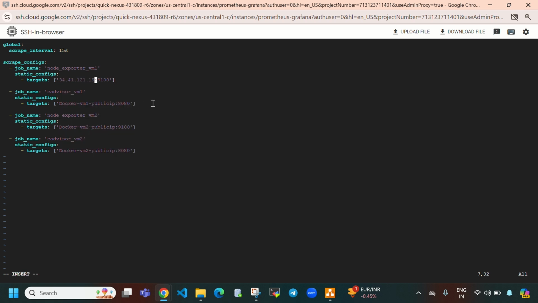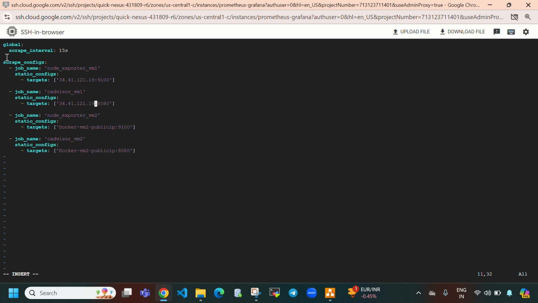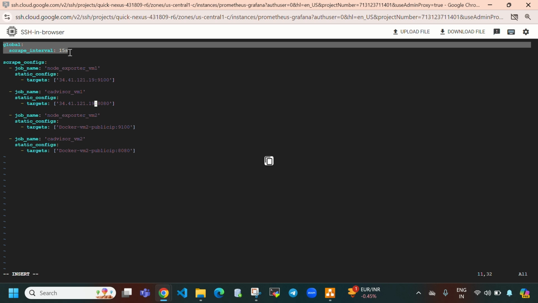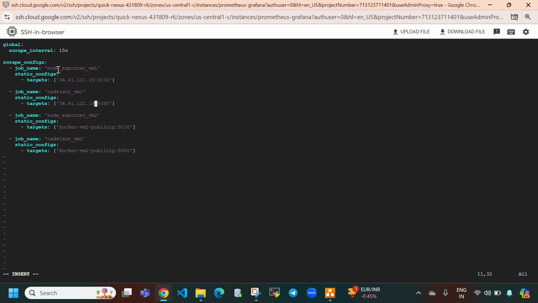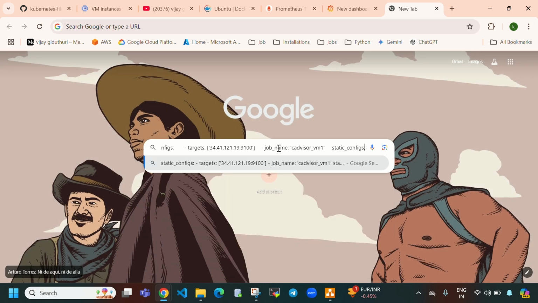Paste. Same for cAdvisor. My cAdvisor is running on this port, so I will paste this. Okay, so here you can see global: every 15 seconds Prometheus will scrape the data from node exporter and from cAdvisor. Here you can see scrape configs. In this IP, my node exporter is running. We are telling Prometheus to go to this IP and collect from node exporter. So I'm going to copy this. When I paste it in the web, it will redirect to, sorry,